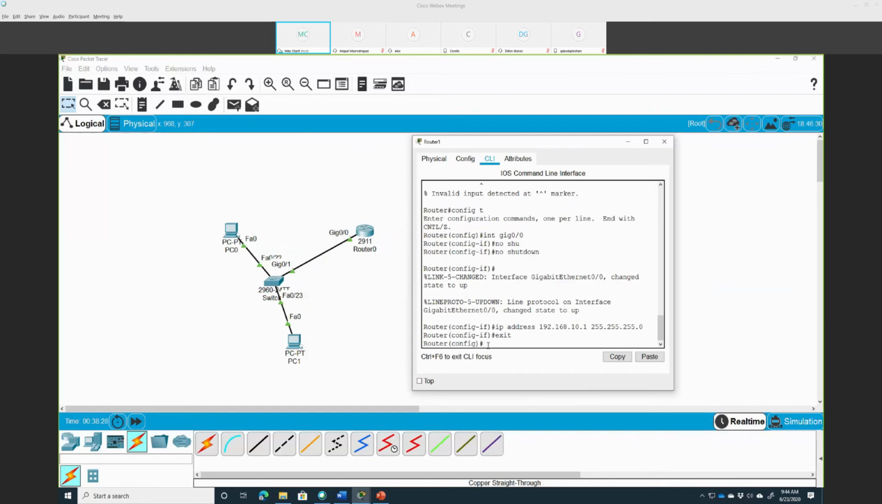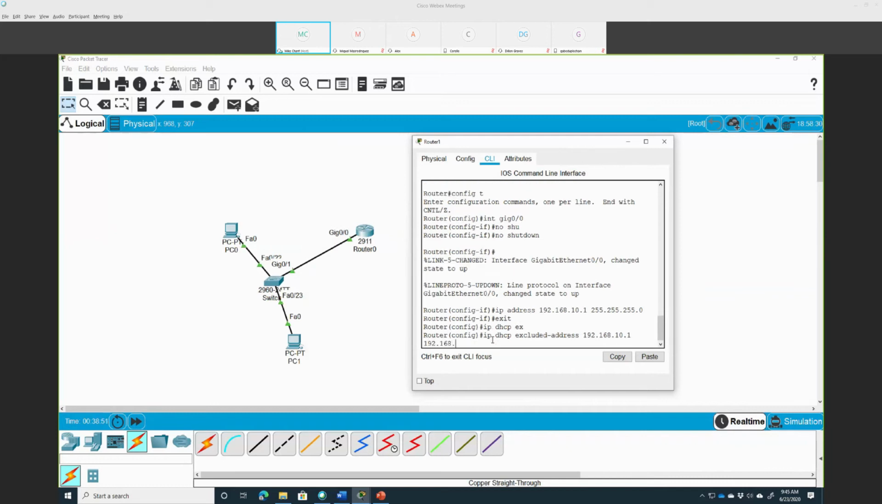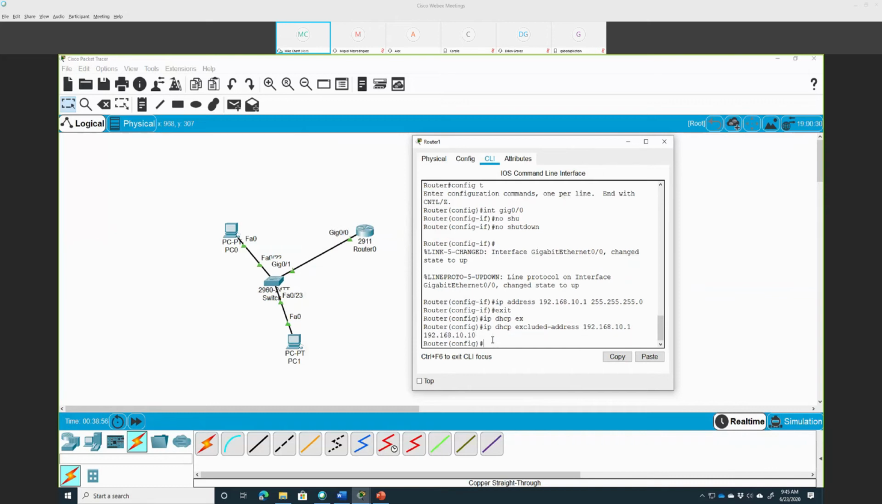So now, if I want to make a DHCP server here, I can go to IP DHCP excluded-address. Remember that we have to do excluded addresses? I'm going to exclude 192.168.10.1 all the way to 192.168.10.10. Okay. And of course, I need to put